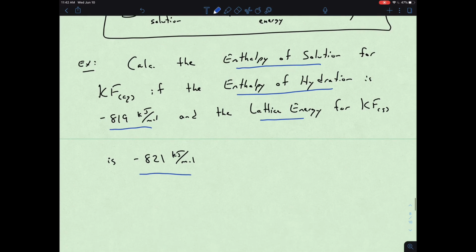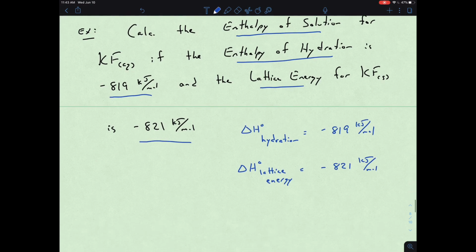And so just to break that down, we have our hydration given to us as negative 819 kilojoules per mole, and we have our enthalpy of lattice to be negative 821 kilojoules per mole. And so those are both pointing to our expression to solve for the enthalpy of the solution,